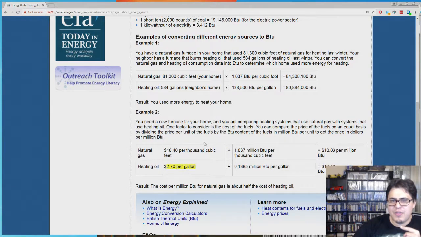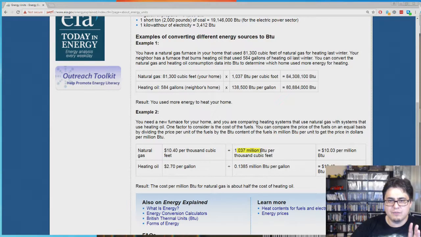So per 1,000 cubic feet, how many BTUs is that? Well, normally 1 cubic foot is 1,037 BTUs, but we're going by 1,000, so we have to multiply that out, right? And remember, it's 1,000 cubic feet, not 1,000 more cubic feet. It's cubed, so we have to go 1,000 times 1,000, right? So here we're going to have